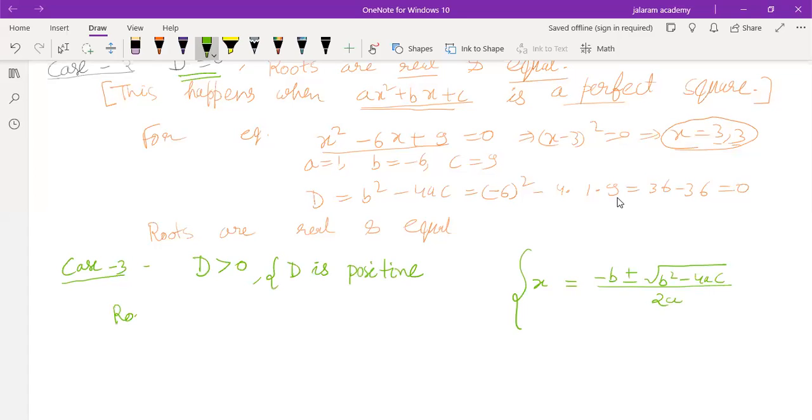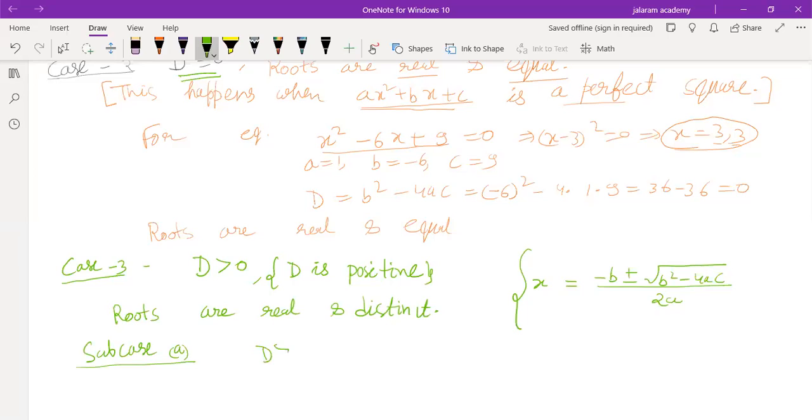Means when discriminant is positive, roots are real and distinct. Is that clear to everyone? Whenever discriminant is greater than 0, that is whenever discriminant is positive, roots are real and distinct. Okay. Now this case 3 also has two subcases. Subcase A,